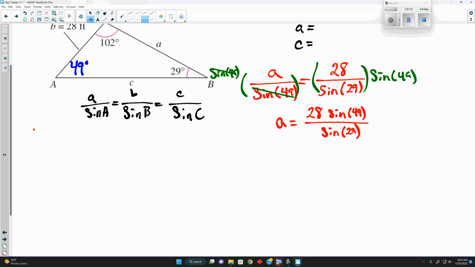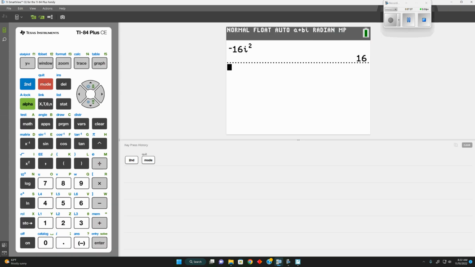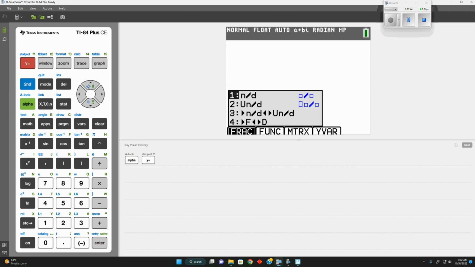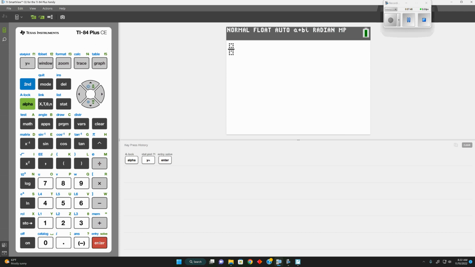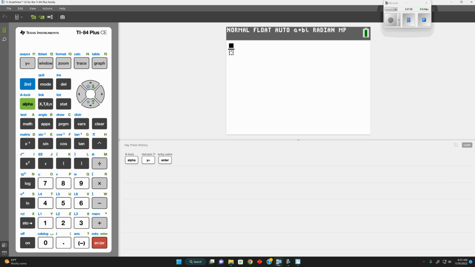sine of 29. Now for most of these here, and again, I would read the instructions. We're either going to round to 2 or 1 decimal places. We're either going to round to the nearest tenth or nearest hundredth. And at this point here, we can plug this into the calculator. Clear that out. Now we can go alpha y equals enter. And on top, we had 28, 49. So sine,